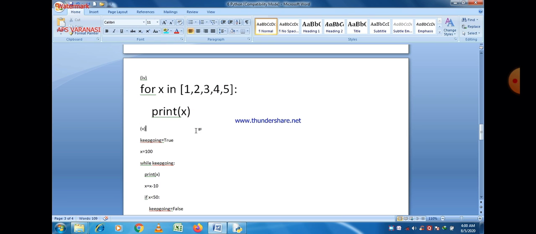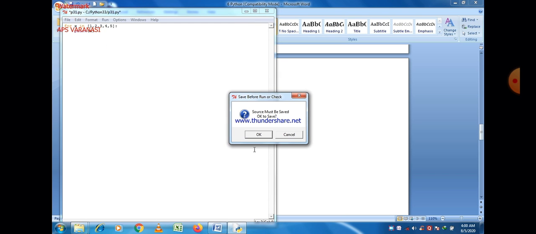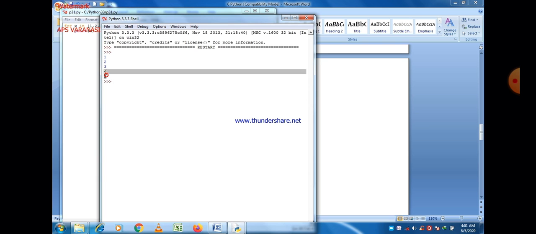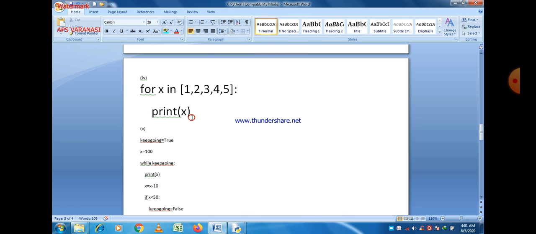Here there is no range function, and in place of the range function there is a list. So we have to find the value of x in a list, and the list contains different elements, and there are 5 elements in it, 1 2 3 4 5, and we have to print the values of the list. So the starting value is 1 and the last value is 5. So all values are printed. You can easily see that 1 2 3 4 5. Always remember that in the case of range function, the last value is not included. Last value is not considered.